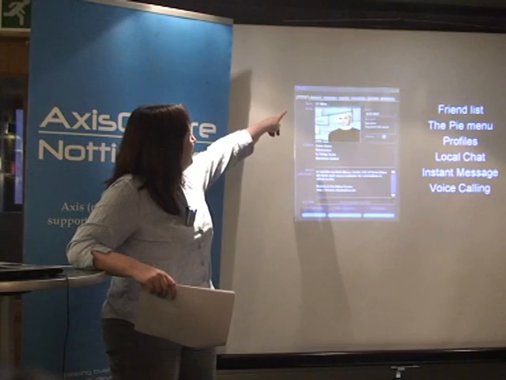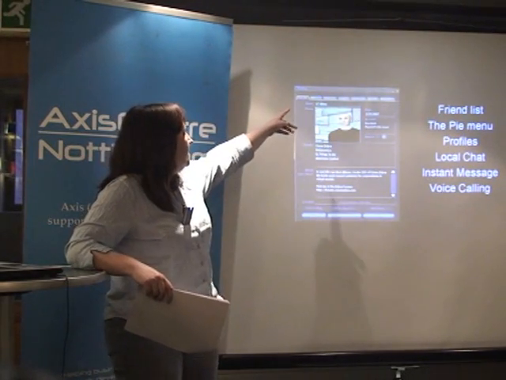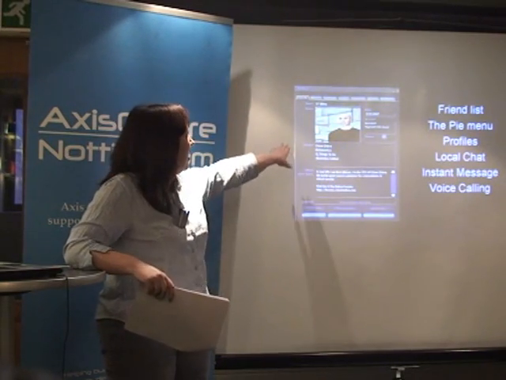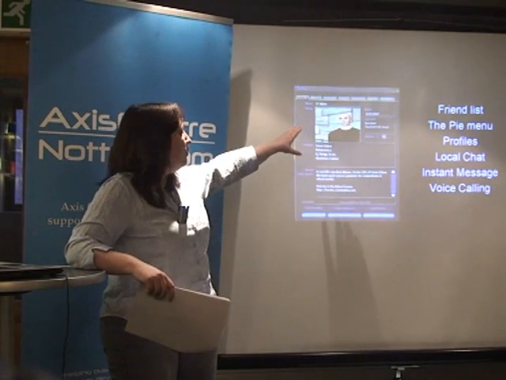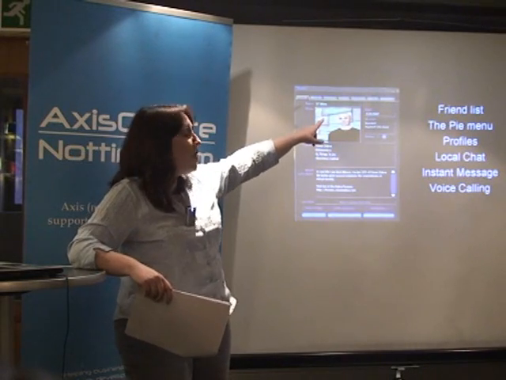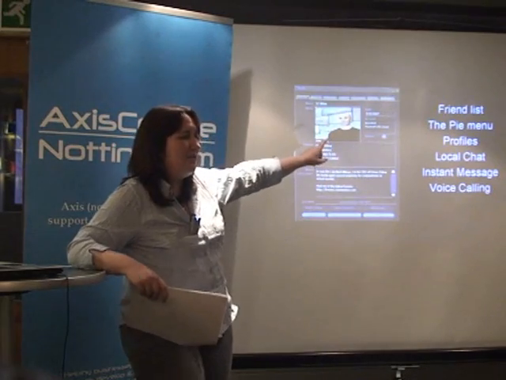And along the top, you've got an option of website. So if you've got a branded website, you can actually link to that, which will appear in that screen, so you don't have to go outworld to see websites. Interesting places that you've seen, picks that you want to draw people to, classifieds, things about your first life, and the notes. The notes are only ever visible to you,